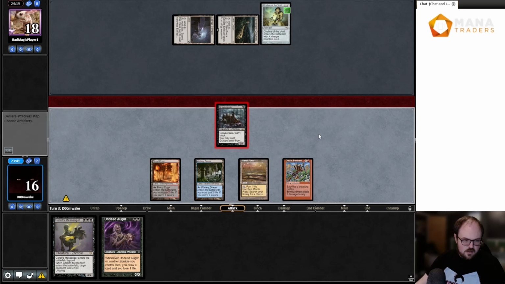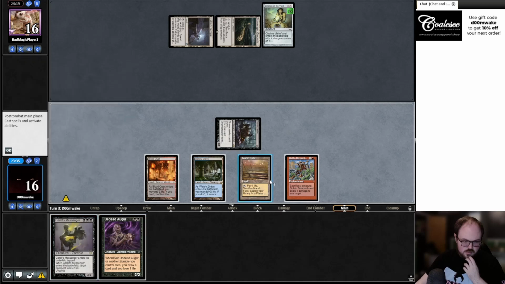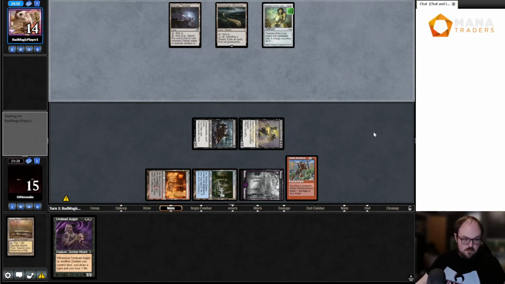Definitely attack. What's more important to get into play if they have Thought-Knot Seer? Probably this, because then I can just sack this EOT and start bashing for 4. So let's just do that. I mean, it does kind of suck if they Thought-Knot Seer the Undead Augur, but...